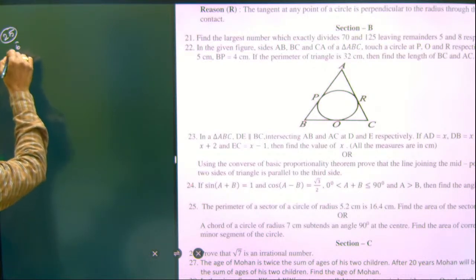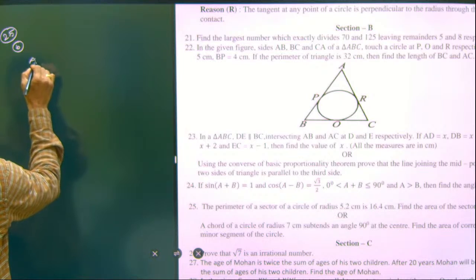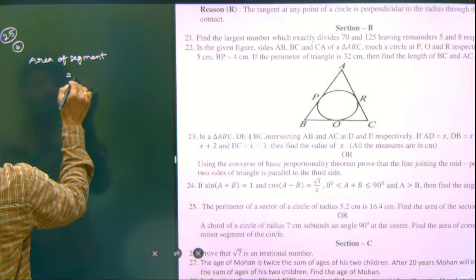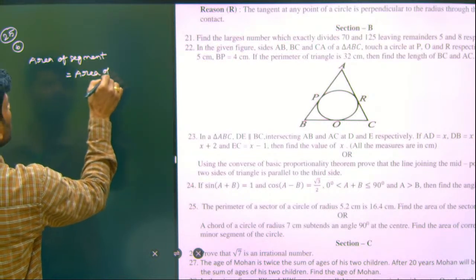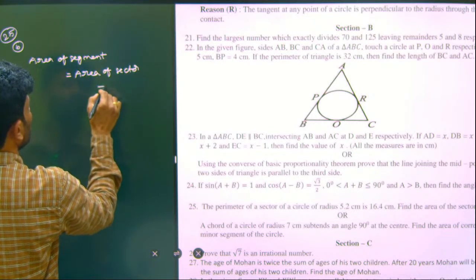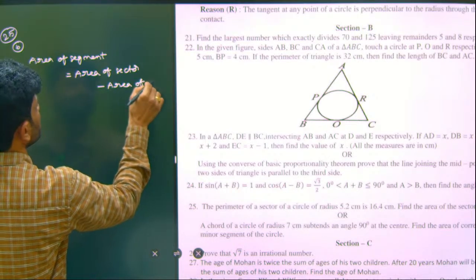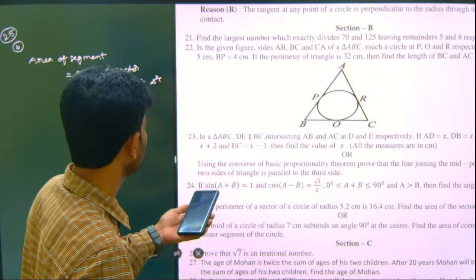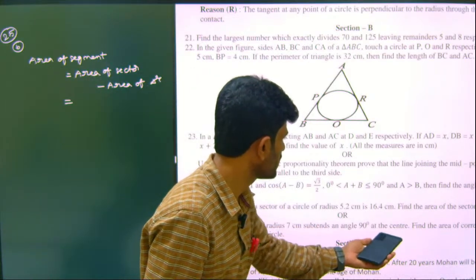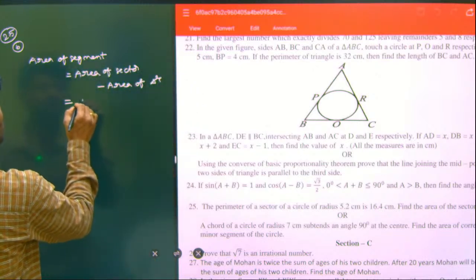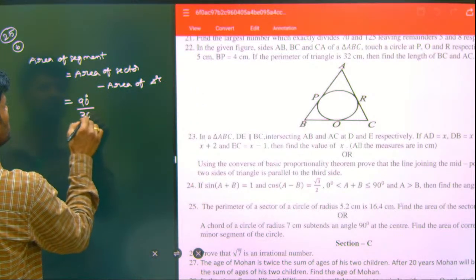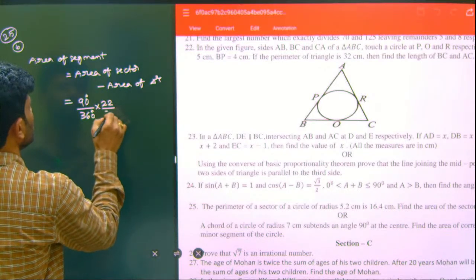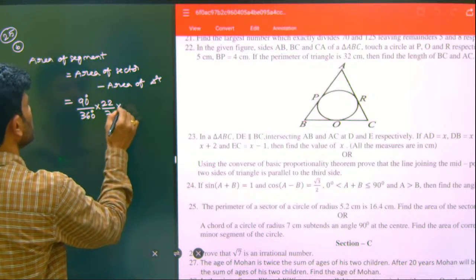25b. Area of segment, what is the formula? Area of segment is equal to area of sector minus area of triangle. So what is the area of a sector? The angle is 90 degrees here, given at the center. So 90 degrees by 360 degrees into 22 by 7 into radius, which is 7, 7 into 7,